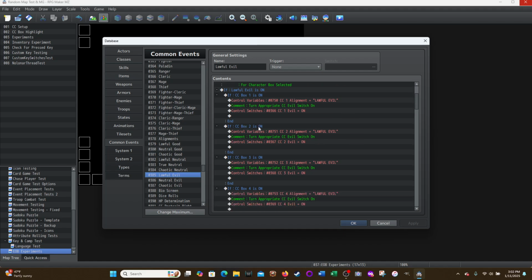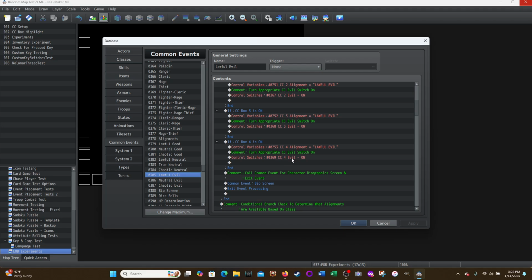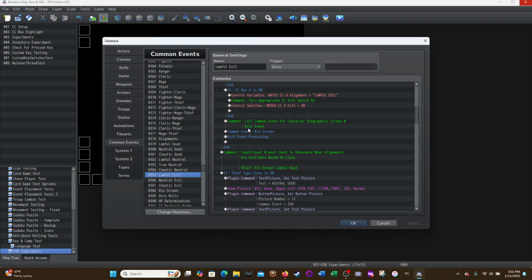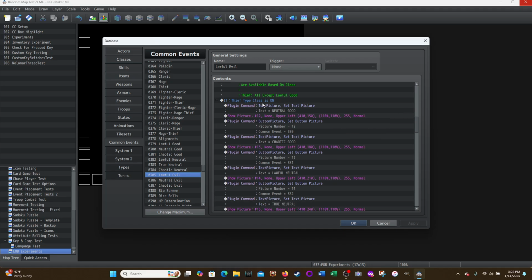Or if it's box 2, CC2 evil switches on, or 3 or 4. This is going to be used later in another event. So this is the same as the previous events. This is all the same as the previous events. If thief type class is on, right? And then